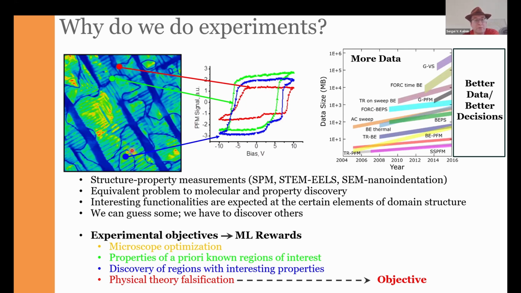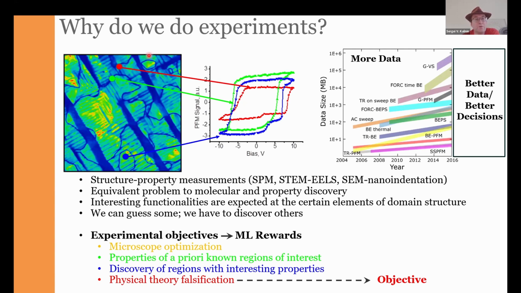So it would be the same thing for SPM spectroscopy. It would be the same for STEM EELS. It would be the same for optical or SEM nanoindentation. So any type of technique that combines the imaging and the spectroscopic aspect would follow the same pattern. So generally, if human makes decisions,